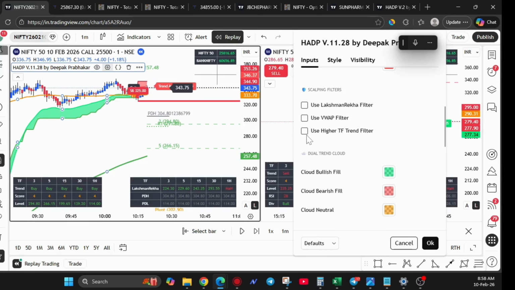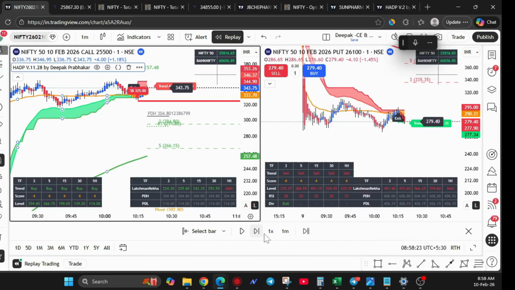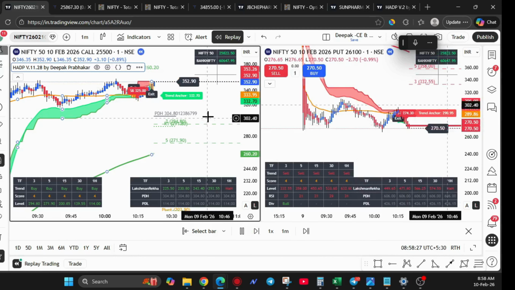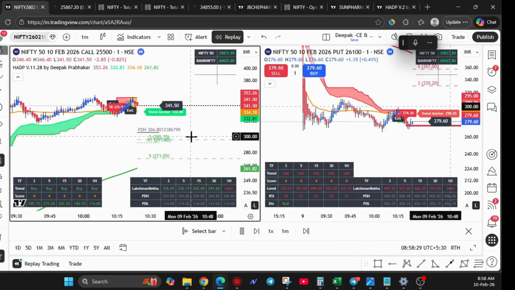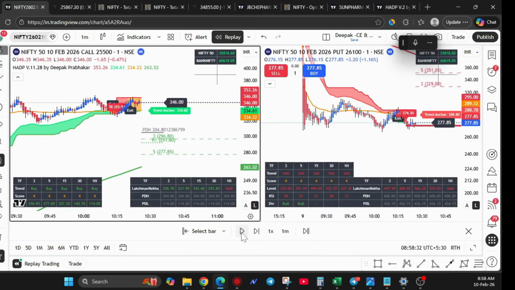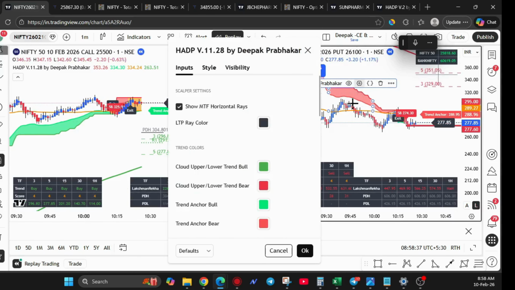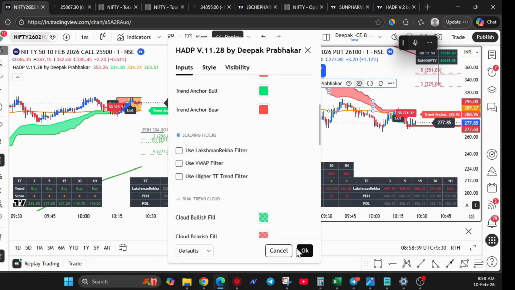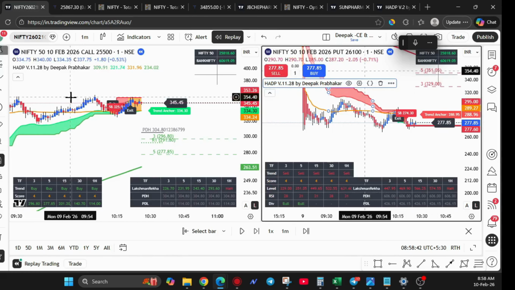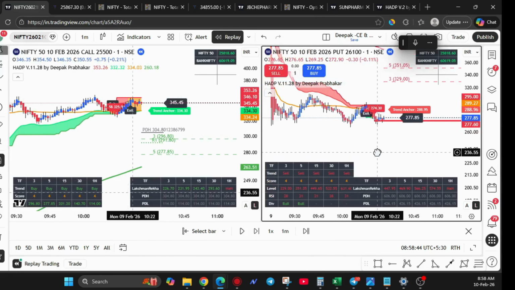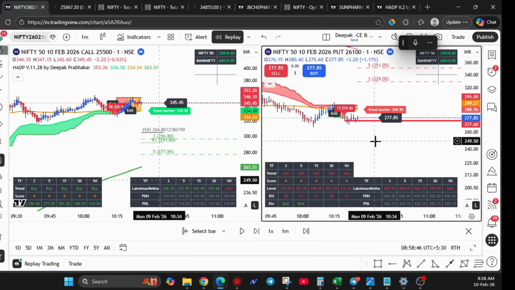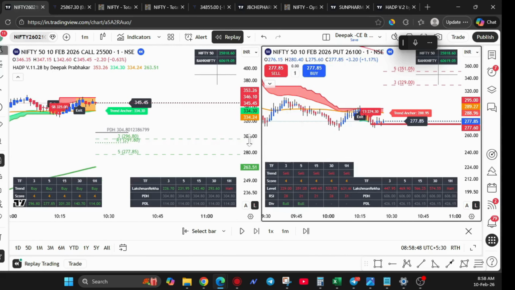Now for now I am not keeping anything, alignment, everything off. Okay. That's for you to understand the importance. On the put side also same settings. I have switched off everything. Okay. Now what you see is